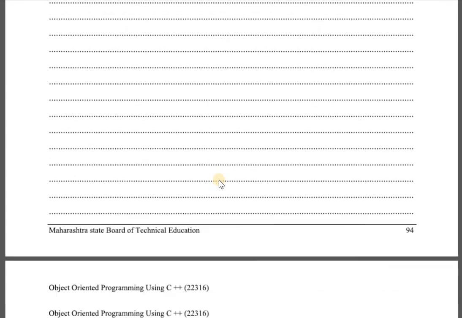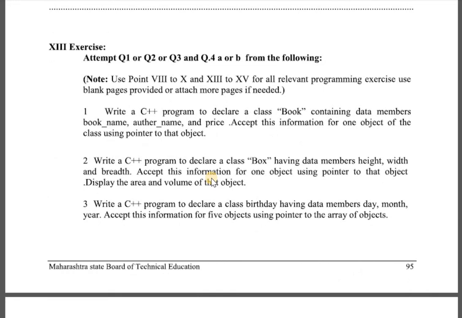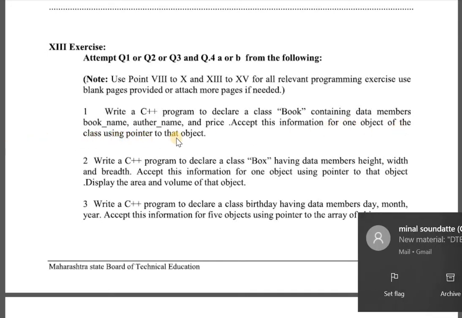Now, you want to solve the programs that are given in the exercise. See what the program is: write a C++ program to declare a class book containing data members book name, author name and price. Accept this information for one object of a class using a pointer to that object.